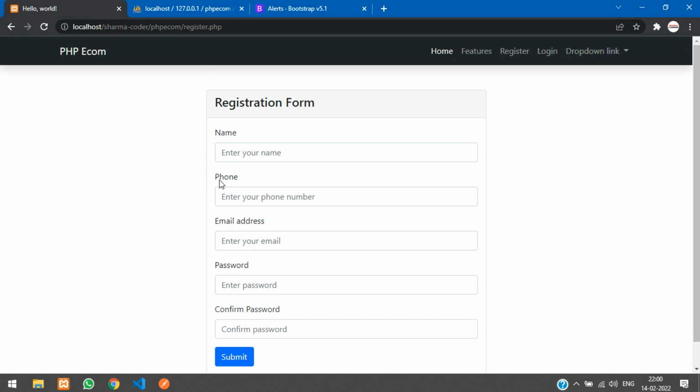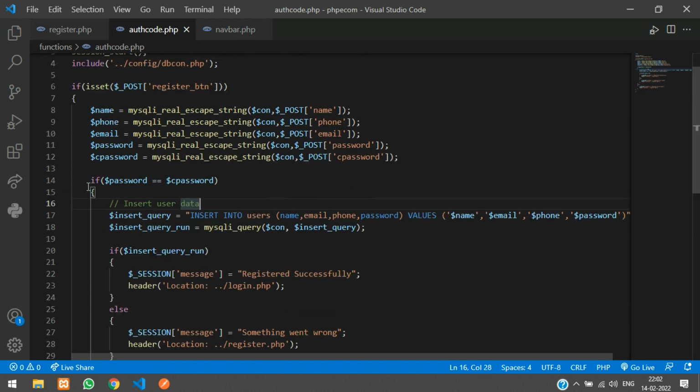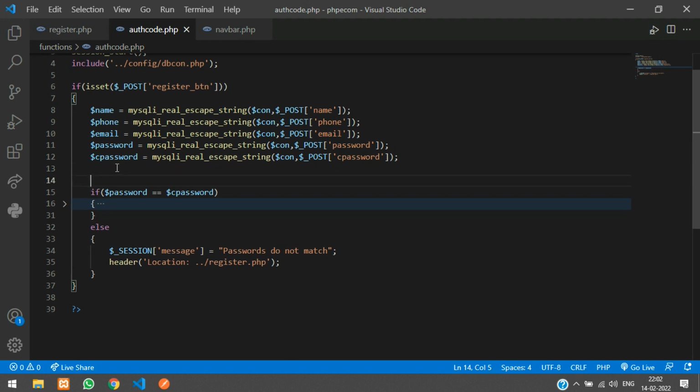So here we have to check one more thing, that the email address should not repeat. So once the user has registered with that email, they should not be able to register with the same email again. So we'll just go and add that code in this. So here before checking the password, we will check if the email is already there in our database. Add a comment over here. Check if email already registered,